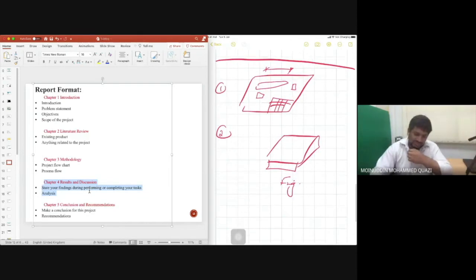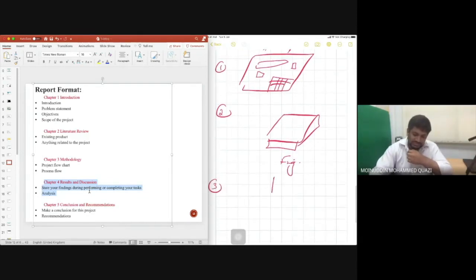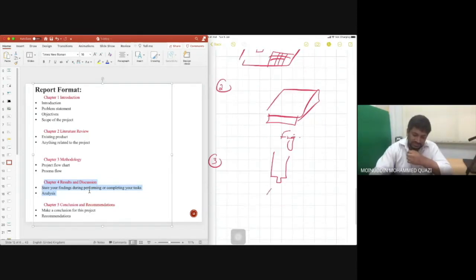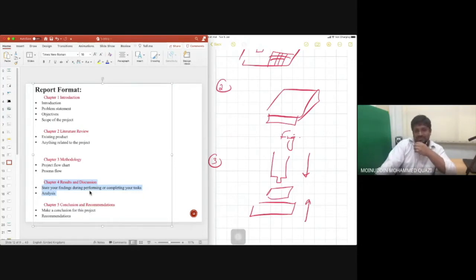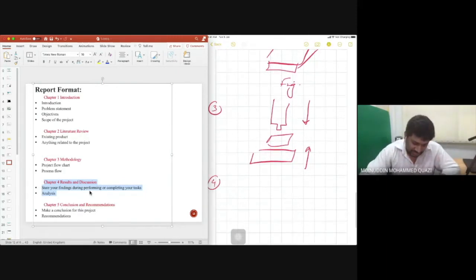If you can show, maybe we can do testing also of this product, so we put it under a machine and we test our product. Or just hypothetically also you can show that after the preparation of this product we are going to test it on different interfaces, like different tablets, different iPads, different mobiles, etc. Just hypothetically show that this can be done, so that you know the process flow of designing and fabricating and testing and putting a product in the market. And then this is followed by the conclusion.